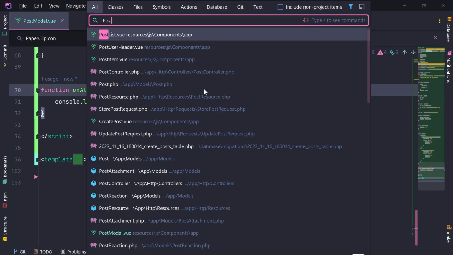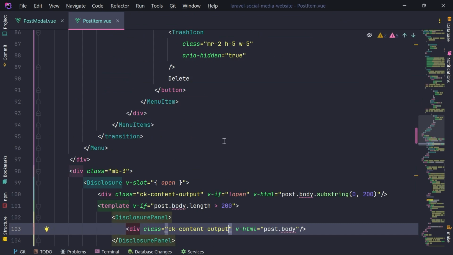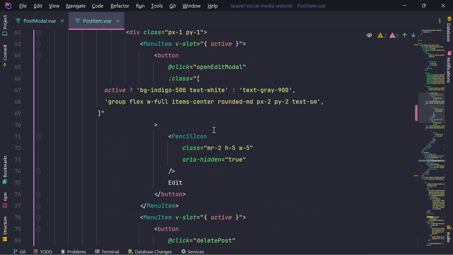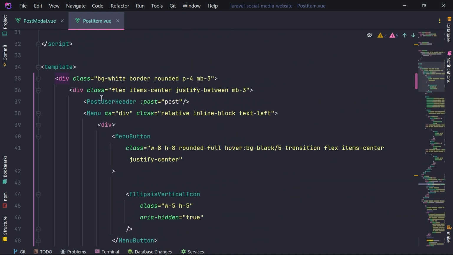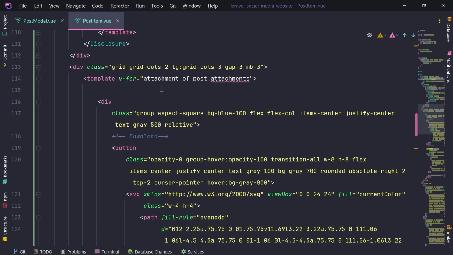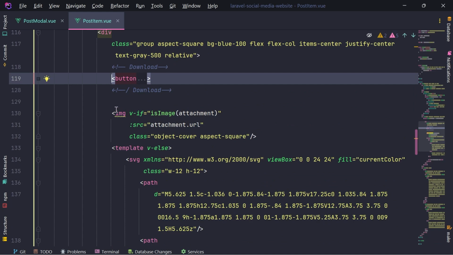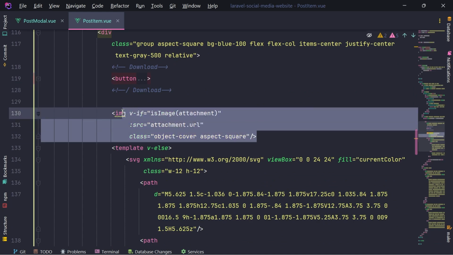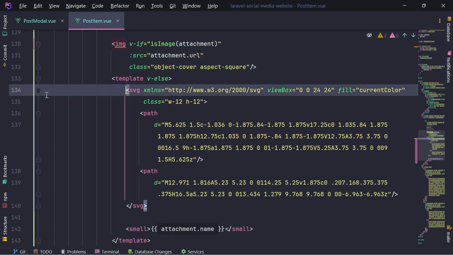Now let's open post item, and here we should have the place where we are rendering all the attachments. Where's that? Post user header. This is not menu. Let's comment this part. This is a description, and here we see the attachments. Okay, this is the download button. This, if it's an image, so this is preview. Otherwise, we're just displaying